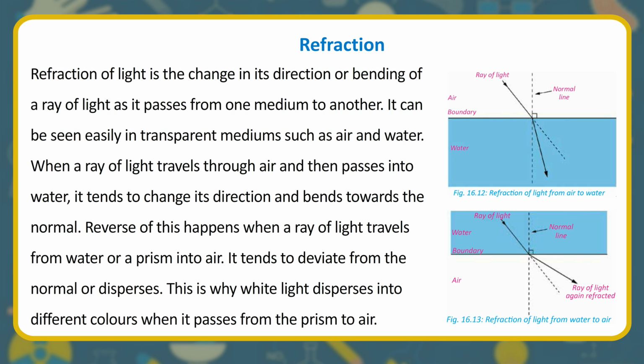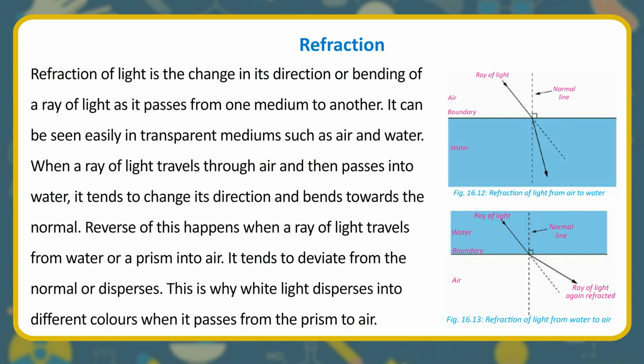Rainbow. Refraction. Refraction of light is the change in its direction or bending of a ray of light as it passes from one medium to another. It can be seen easily in transparent mediums such as air and water. When a ray of light travels through air and then passes into water, it tends to change its direction and bends towards the normal. Reverse of this happens when a ray of light travels from water or a prism into